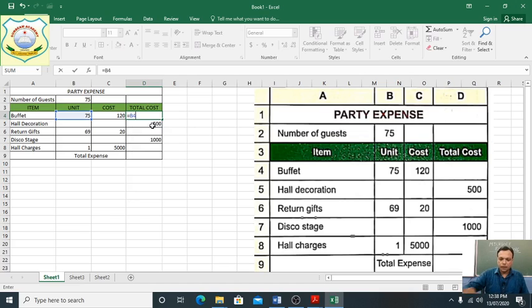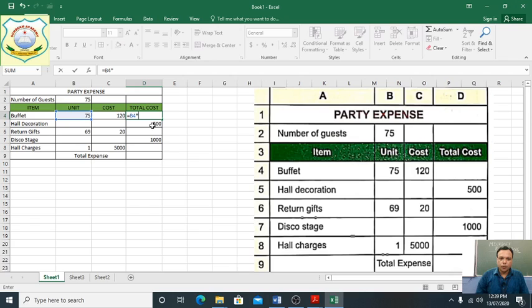Now, 75 is selected. Now, multiply using the shift button and 8. The numeric 8 is what you have to select. This is the alphabetical row, and just above it the numbers are given. The numeric pad is on both sides, the left side and the right side of your keyboard, above the alphabet. So you have to use the 8 above the alphabet. When you use the shift key with 8, the asterisk sign will come. See there, I am using shift then 8. Now, see there, this is the asterisk sign.